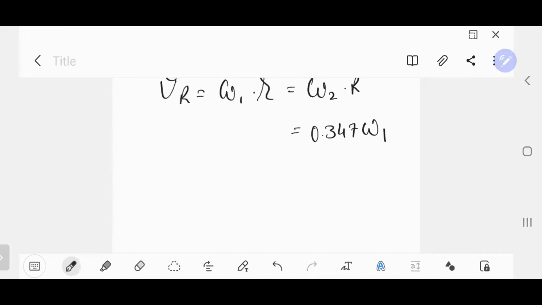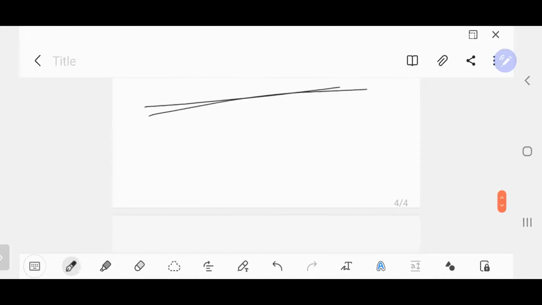So this is the velocity of rolling. Now sliding velocity. Do you remember the equation for the sliding velocity? Vs. What was the Vs? Sliding velocity. It was the equation omega 1 plus omega 2 multiplied by Kp, or we can say multiplied by PL, right? So let us take the Kp first.